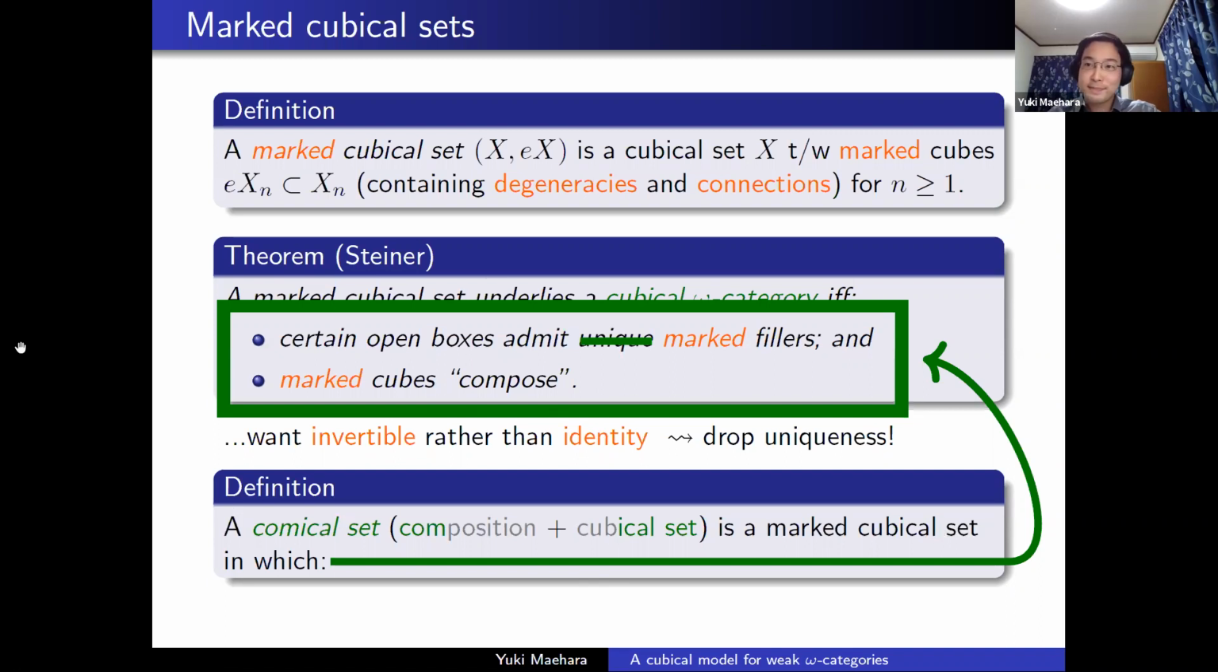Any questions? All right. I mean, all right, that's a definition, great. But so as